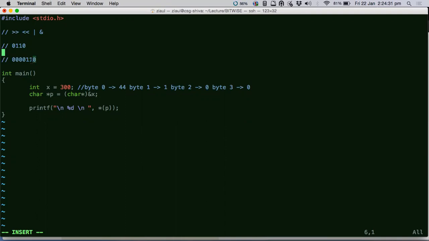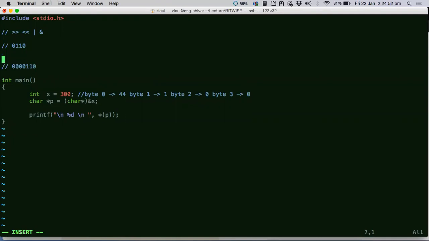How is a multi-byte data type stored? It is always stored from the lowest byte, then the next lowest byte, then the next lowest byte, and then the highest byte. So if the address starts from, let's say, address 100, in the 100th position you will have the lowest byte. Clearly now there are 4 bytes, because it's just a 1 byte number, that's why we have written it like this.